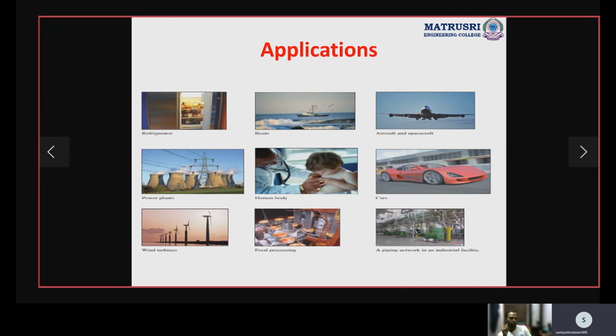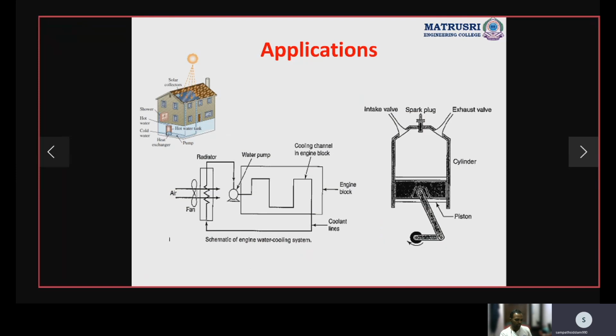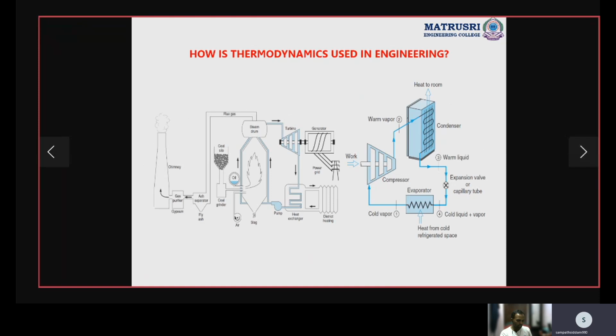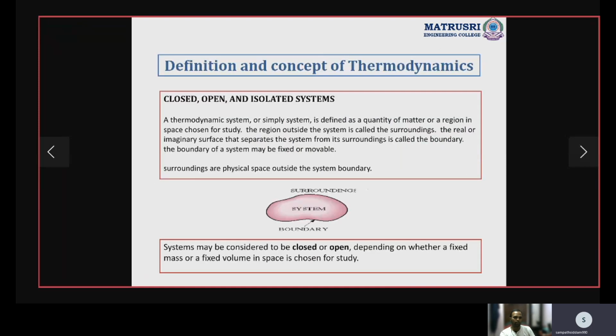Okay, let me go on to the other applications. These applications I have already given you in the other class, your introduction class, and I have also given you all these examples to make you understand. This is about the introduction class of your basic understanding. If you move further and put it in more detail, take biological and all